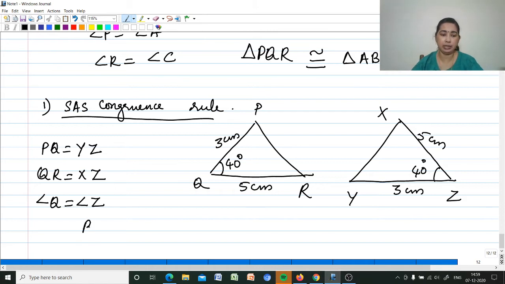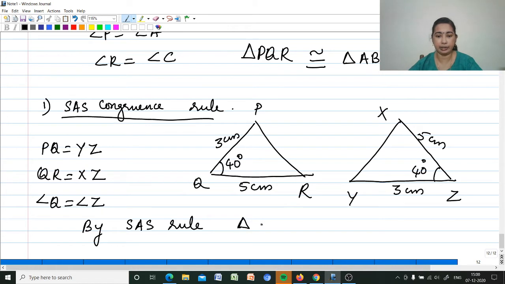So by side angle side, the two sides and the included angle of the first triangle are the same as those of the second triangle. In that case we can say that these two triangles are congruent triangles. So by SAS, side angle side